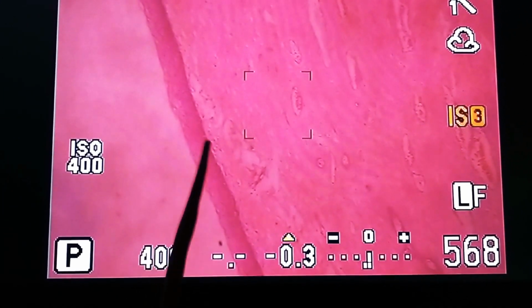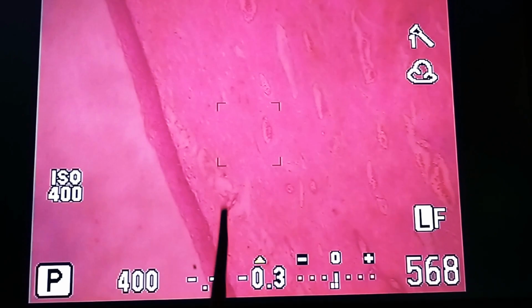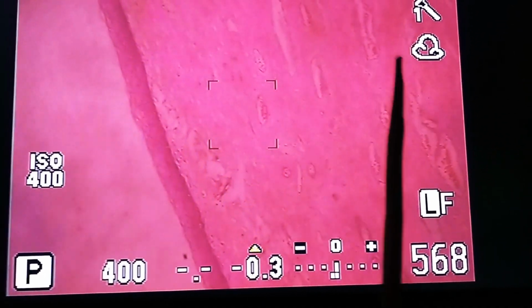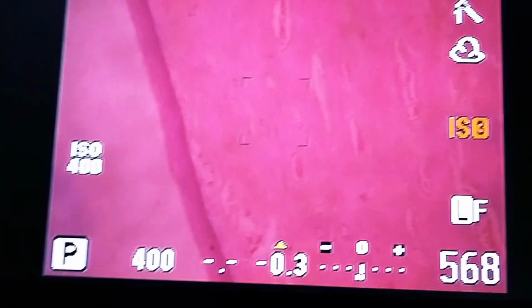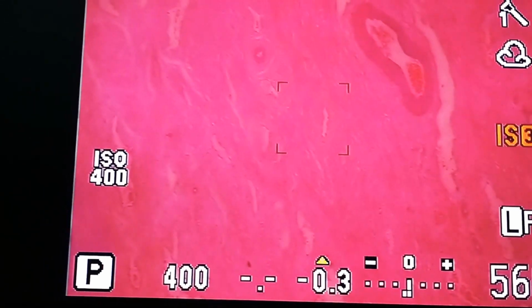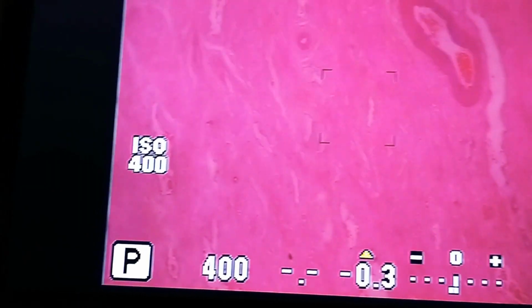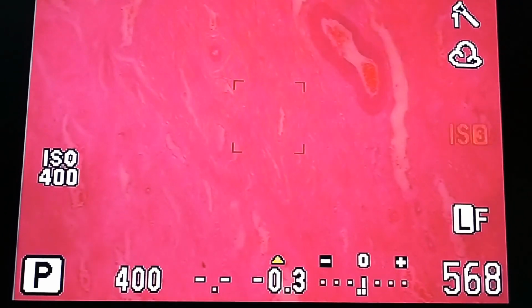So here as you can see, this is stratified squamous epithelium, the lining of the mucosa, and then you get the muscular area. As you are moving, you can see some glands are there, but this is not like the glands of the uterus body. In between you can see the blood vessels also, few blood vessels here. As I'm moving, you can see some more bigger blood vessels, and the glands, if you notice, are not arranged like the uterine glands that I had shown you a few minutes earlier.